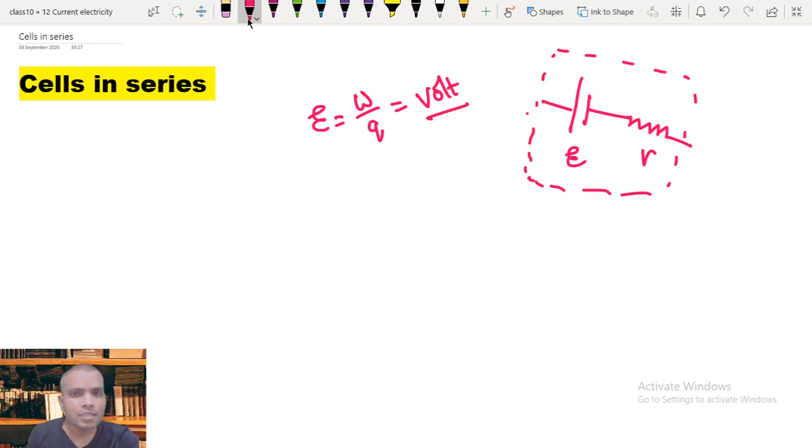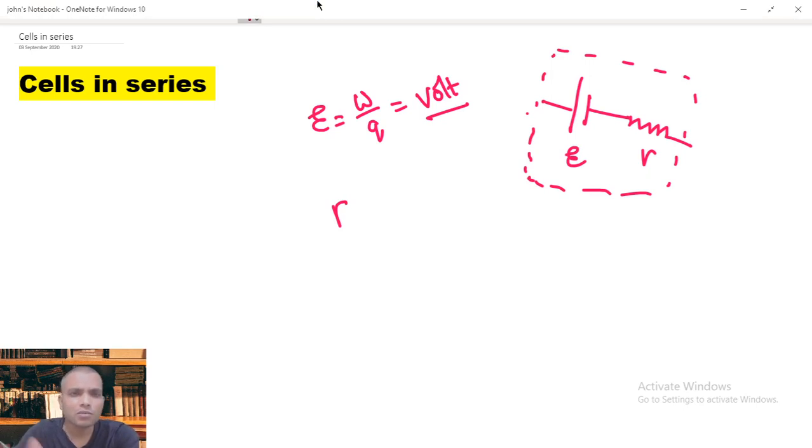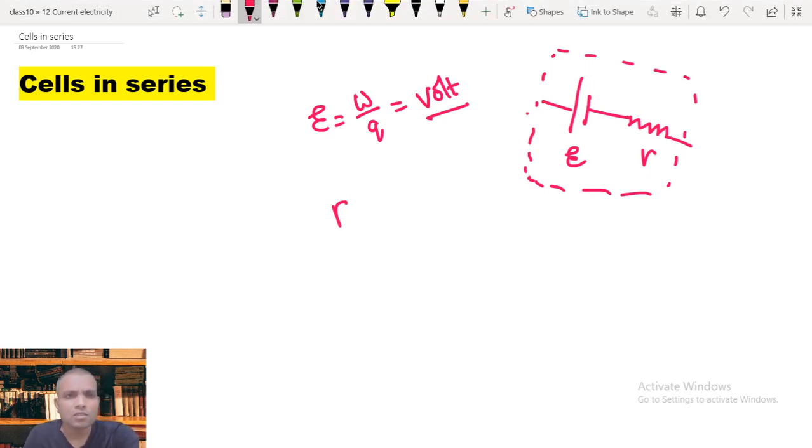And internal resistance occurs because of the motion of the ions and electrons within the electrolyte. When the electrons and ions are moving inside the electrolyte, they collide with each other. That is the reason for the internal resistance, and we ended up deriving an expression for